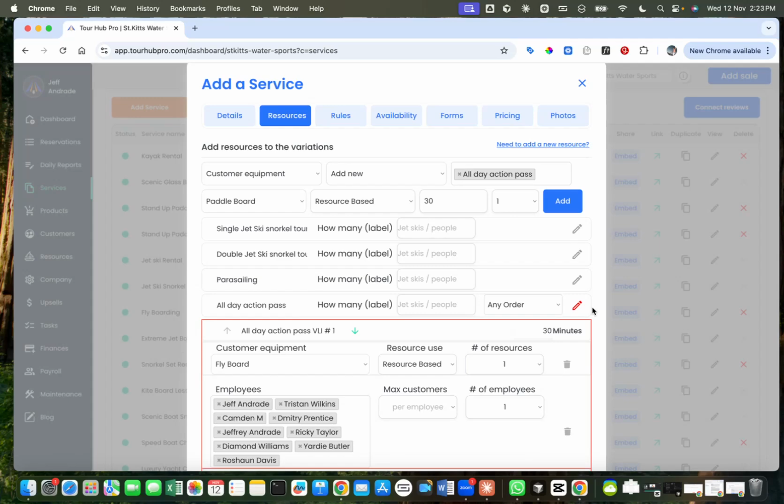In addition to, if something is booked for a longer period of time, that also gets higher priority because those are harder to schedule. So our last activity here that we would need to add to this would be our snorkel gear. And we got our snorkel gear here. And this is also resource-based. And this is for 120 minutes, and they get 1. So we'll add that there. So now you'll see they have all these activities booked into one action pass,